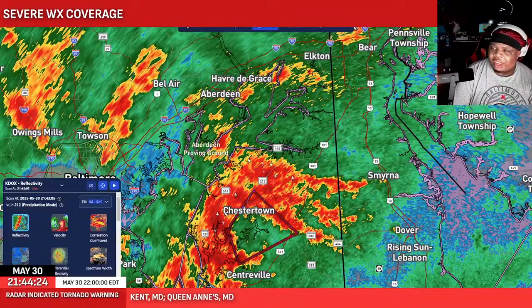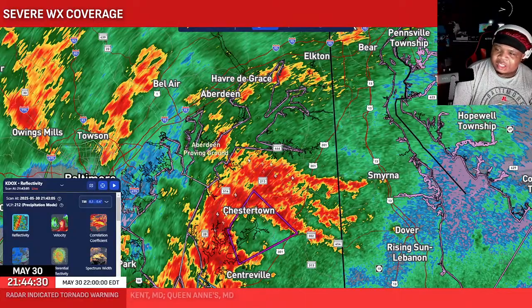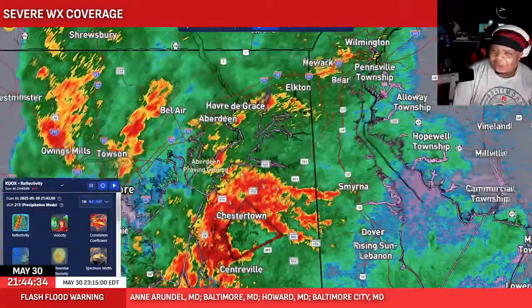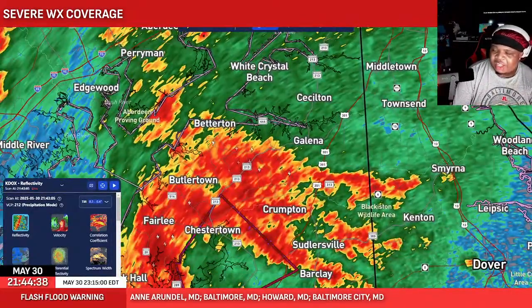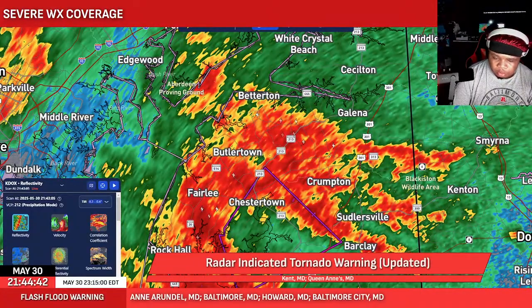Now with this storm coming in, there's more reason to believe, at least for the next hour, that this will continue its way into Cecil County. I wouldn't doubt that this makes its way into southern Cecil County and eastern Kent County as well. So for those of you in Sudlersville, for those of you in Crumpton,